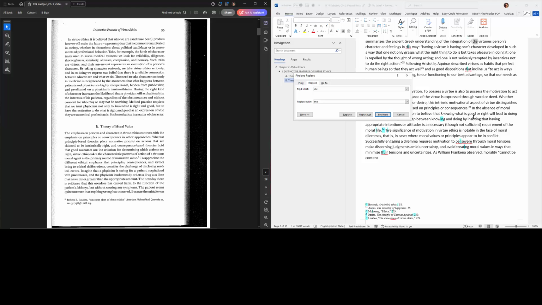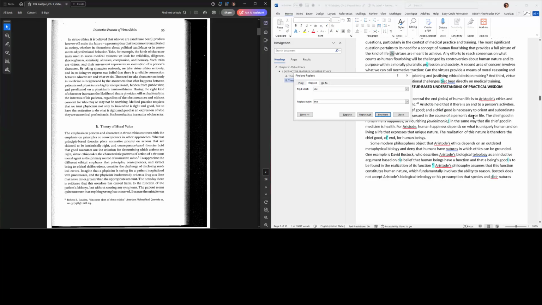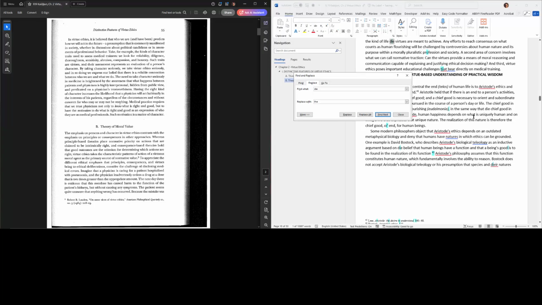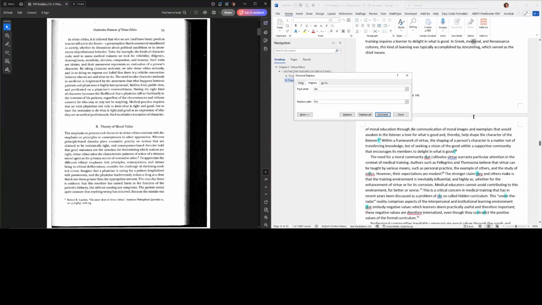So R key will replace it. One of the benefits, cooperate in the tasks, kind of life, the virtues, yes. What the chief good, based on the belief, species, and yeah, this actually needs to be there. About the implications, skip this one, so F key to skip.